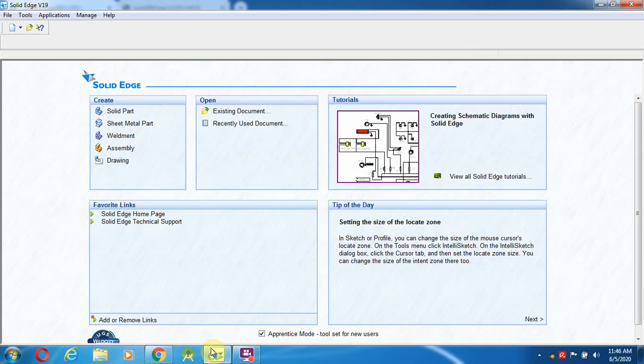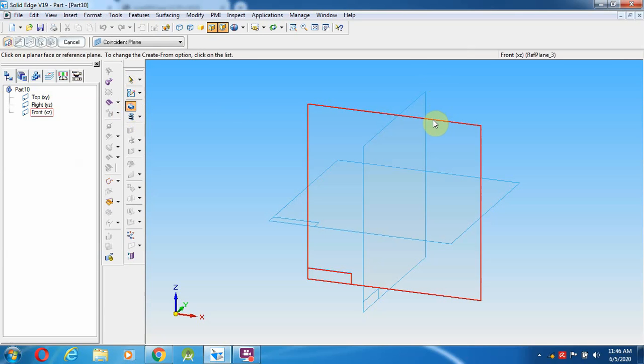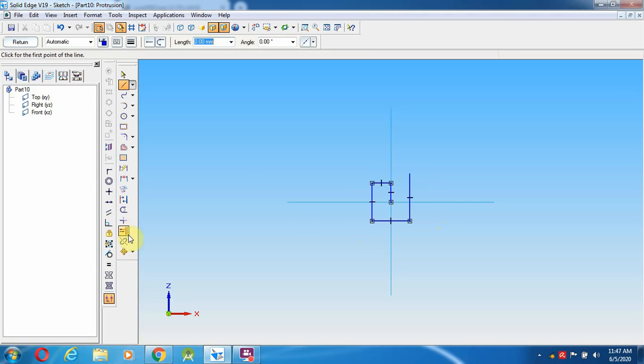Okay, so go over here, select a solid part, go to the protrusion, selecting the front plane, go over here, select a line from line to 22 mm means 11 mm, and towards left 11 mm and 22 mm, and height go to here, extend to next and trim these things.